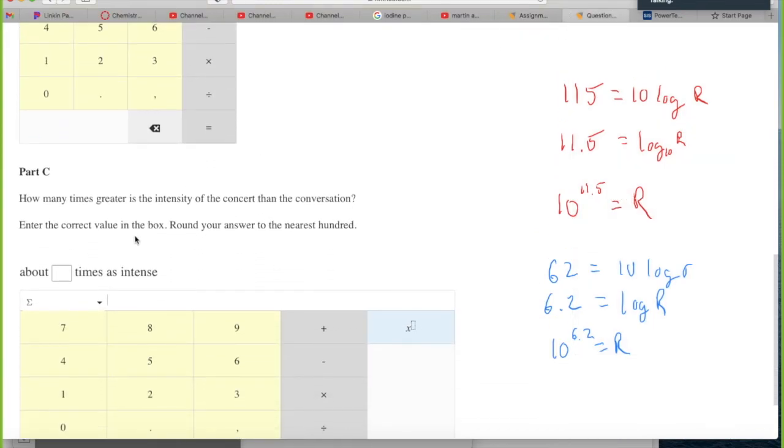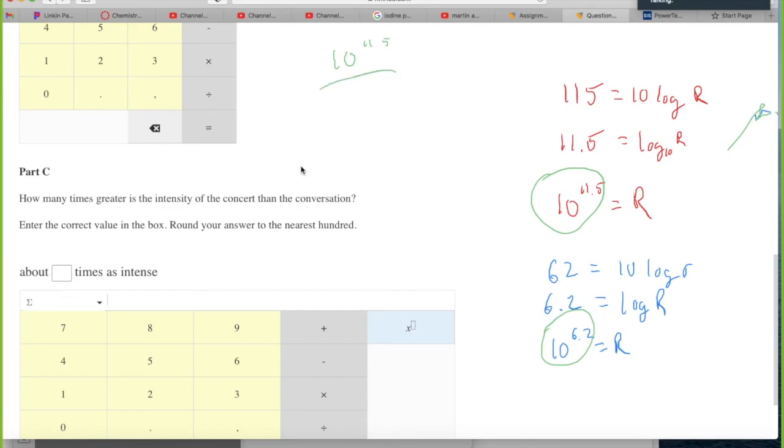How many times greater is the intensity of the concert than the conversation? So this is where we're going to take a fraction or a ratio. That was the word I was looking for. So how many times greater is the intensity of the concert? So we want the bigger number over the smaller number. So we're going to take this number over that number. So we're going to have 10